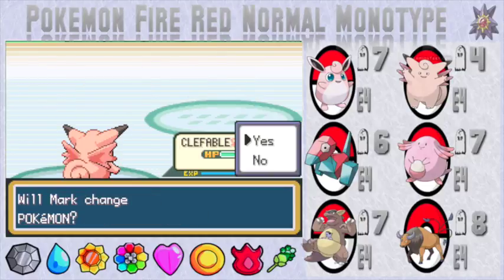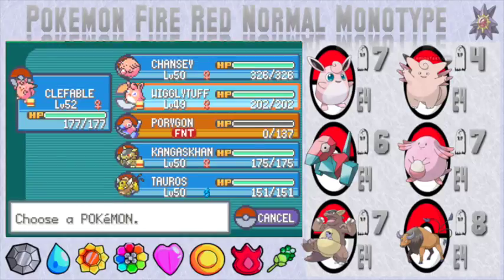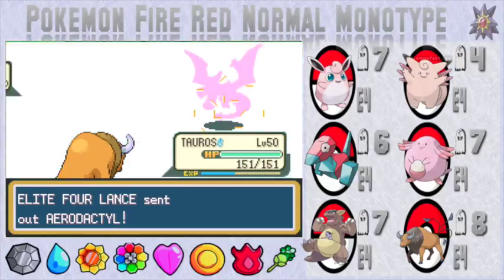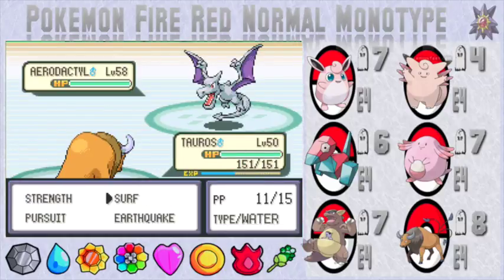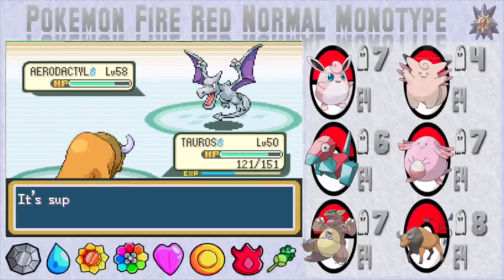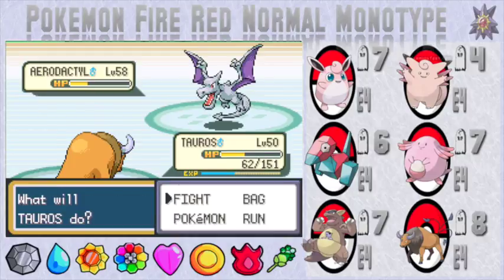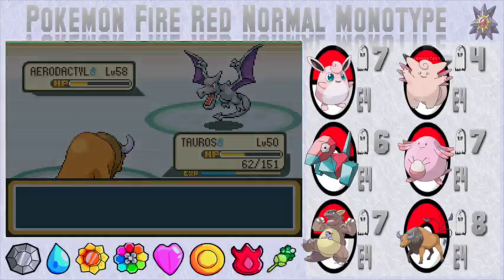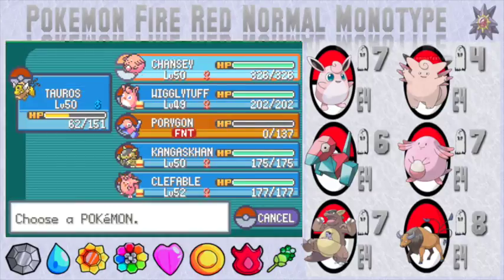Okay, so Hyper Beam obviously is a thing, and we do need to watch out for that. I'm going to go into our Tauros for the Aerodactyl, because Intimidate is pretty good here. Surf is obviously super effective. I do not want you to get an Ancient Power boost. That would sort of be like the worst thing ever. So the issue we're going to have here is that essentially...